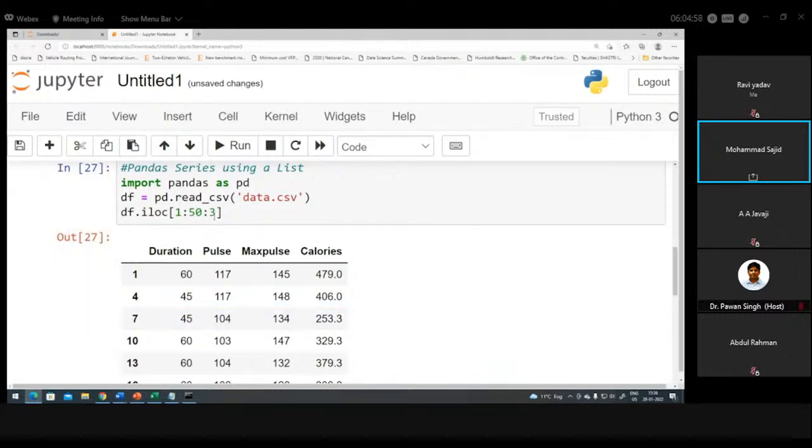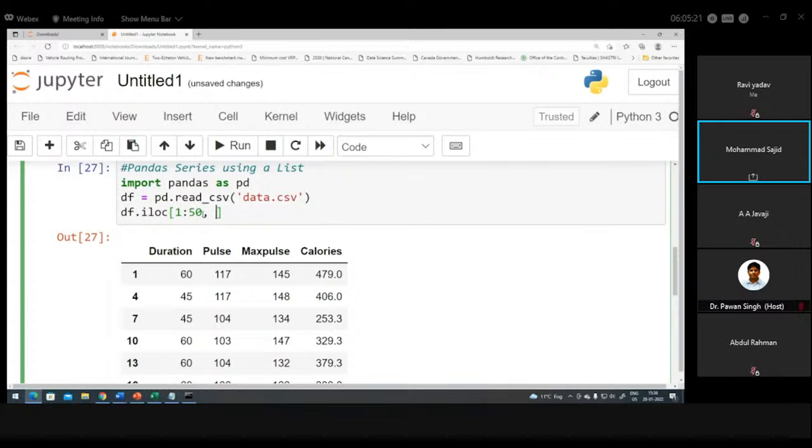Basically, this is a slice operator, and you can use the slice operator on your data, on your CSV file, using Pandas. So this is a basic data type. It is used with sequence data types in Python programming. So now we have accessed some rows, and if you are interested to access some part of the file, you just need to mention